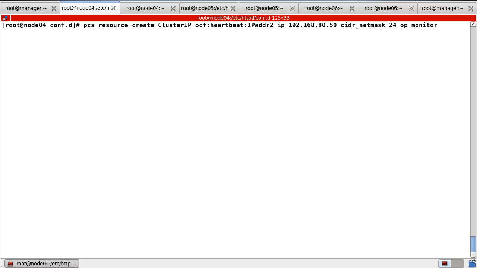And the operation monitor is interval, in my case 30 seconds. And this one group. Okay, now I create the cluster IP, and the second resource here, website.